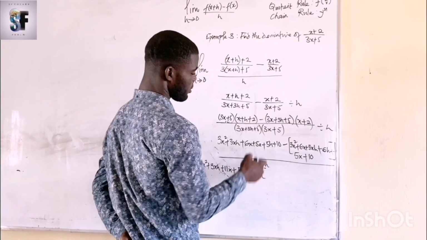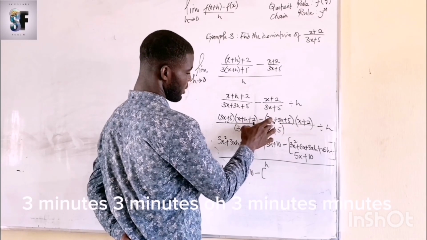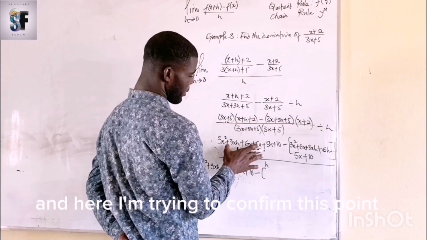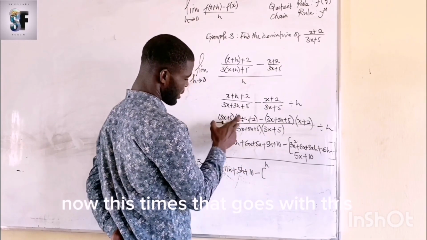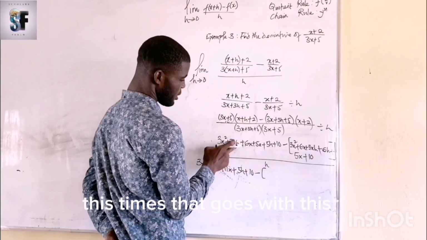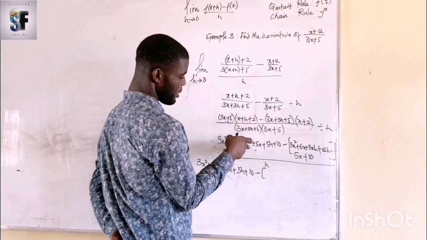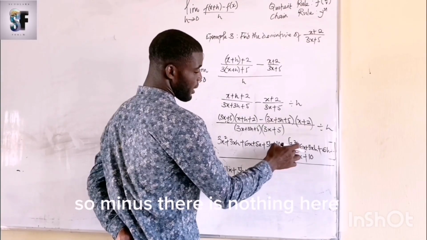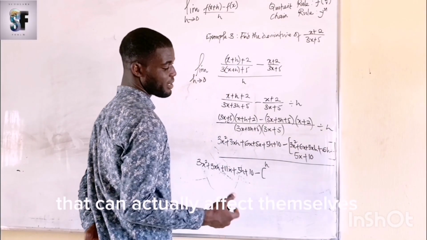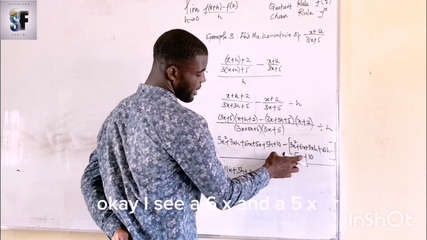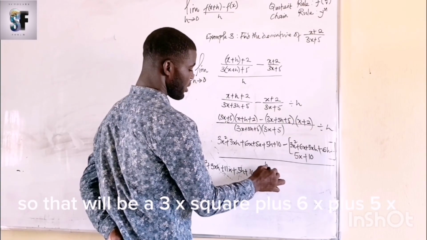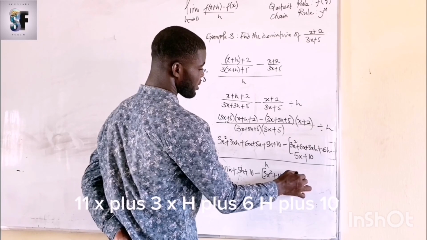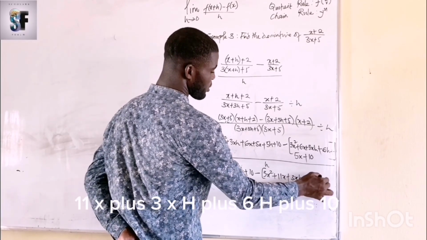3x times h, and here, I'm trying to confirm this point now. This times that gives you this, times that gives you this. Then this and this, of course. So it is. So let's keep moving. So minus, there is nothing here that can actually affect themselves. Okay, I see a 6x and a 5x. So that will be 3x squared plus 6x plus 5x, 11x, plus 3xh plus 6h plus 10